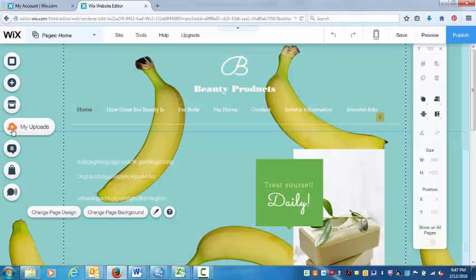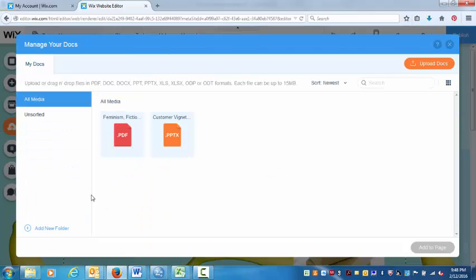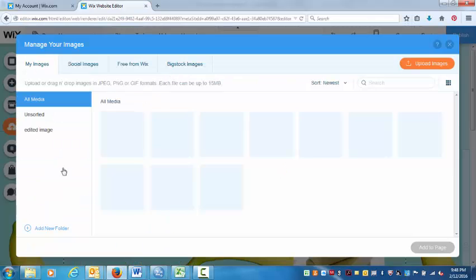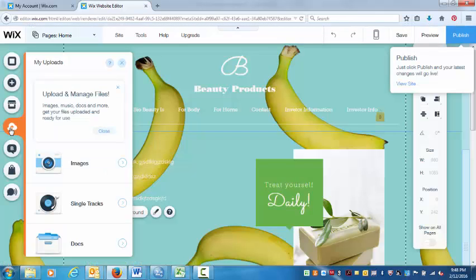So moving on down, if you choose this, it actually allows you to manage the various files that you've uploaded to the site. You can upload documents or pictures, whatever you want, to the file folder in the website. They're not going to show up anywhere, but it allows you to upload them and have them at the ready. Like if you want to insert a picture or music or a document of some kind,